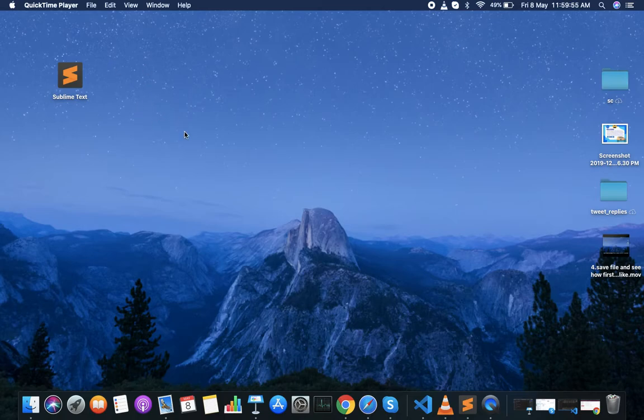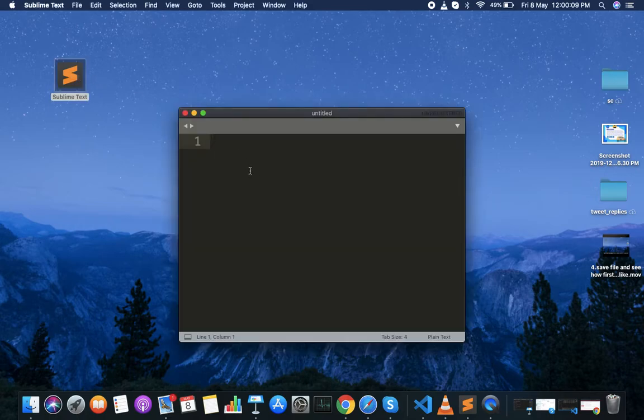Now you can open any of the text editors you have, whether it is Notepad, Notepad++, Sublime Text or Visual Studio Code. So I have the Sublime Text, you can see here. So I'm going to open it now. So it is open. So now I'm going to start writing the code. So I'm starting with,